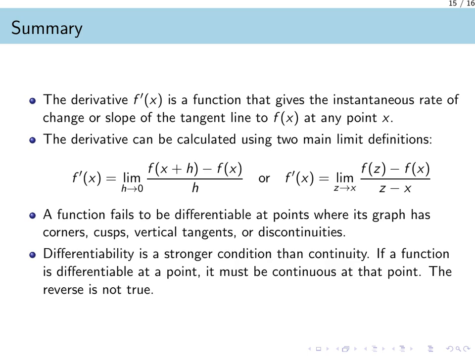A function is not differentiable everywhere. The derivative fails to exist at points where the graph has a sharp corner, a cusp, a vertical tangent, or a discontinuity. This connects to a crucial rule. If a function is differentiable at a point, it must also be continuous there. However, do not assume the reverse is true, as a continuous function can still have a corner and fail to be differentiable. The main thing to remember is that the derivative measures the slope of a function at every point where the